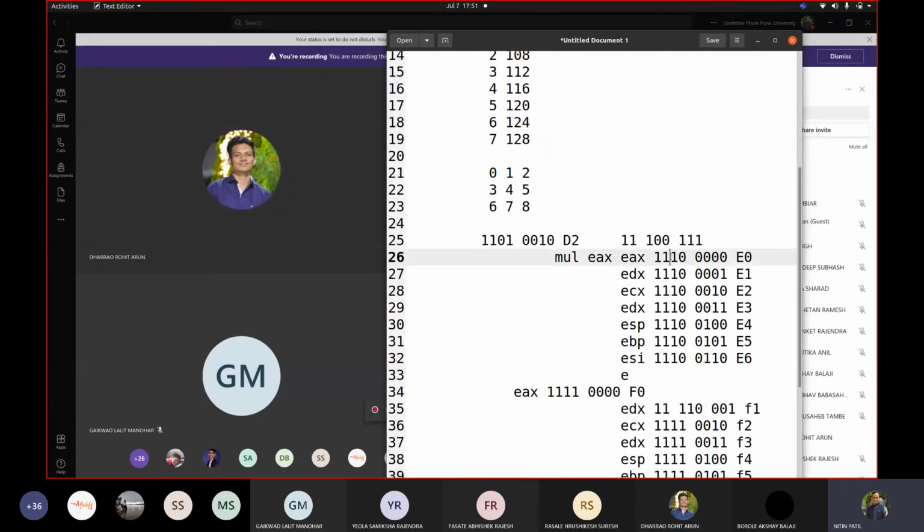So that is the reason why this 100 is kept there, and the last 3 digits represent the register that you have as an operand for the mul instruction. Now what you did was, when you wrote this, you grouped it into nibbles of 4 bits and converted it to hex. That's 8 plus 4, 12. 12 plus 2, 14. So 14 means E, and this is 0. That's why E0. Similarly, this one was written like this, and that's why this became F0. Is that okay?